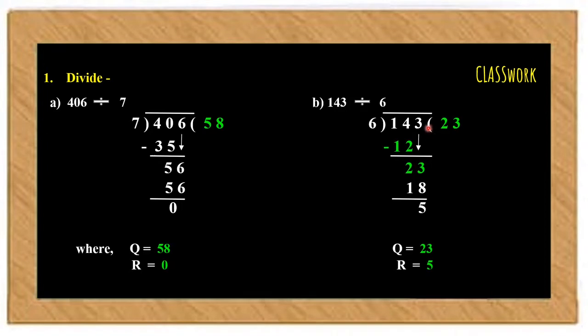When we subtract 14 and 12, we get a 2. We also bring down the 3 to get the new dividend as 23. 6 multiplied by 3 is 18, which is a number just smaller than 23 in the table of 6. On subtracting 23 and 18, we get 5 as our remainder. So, in our case, we have 23 as the quotient and 5 as our remainder.